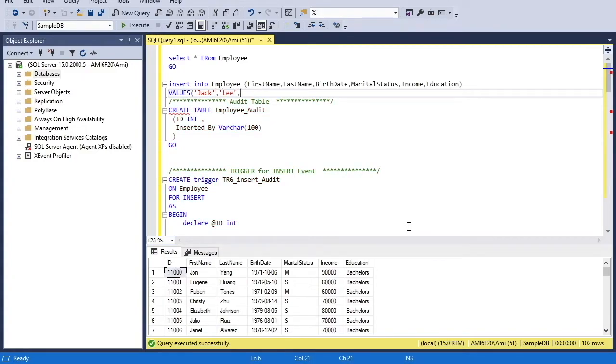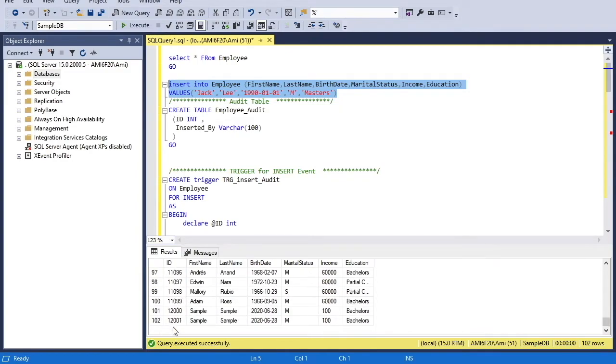Birth date, let's say 1990 0101. Marital status married, and education master. So this is the new record which will be inserted into the employee table, and it will create a new ID for this row. Currently, if I look here, the maximum ID is 12001, and the employee audit table currently has no records.